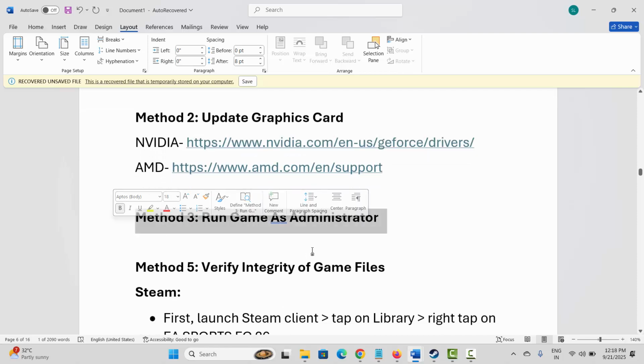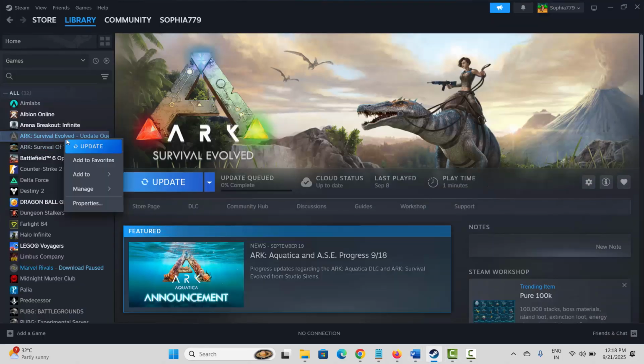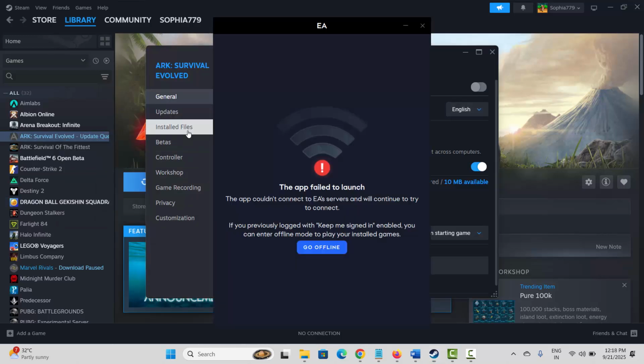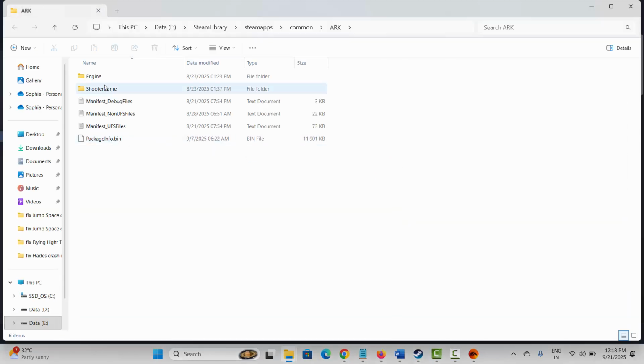Next is to run game as administrator. So for that, go to Steam, under library section, select your game, right click on it, click on properties, then click on install files, then click on browse. This will take you to the game folder where it has been installed. Now select